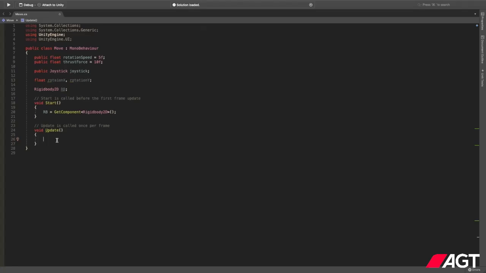So let's gather some information from the joystick. We need to use an if statement. So if we want to make sure that the value of our joystick is not 0, so joystick dot horizontal value is not equal to 0, or joystick dot vertical is not equal to 0, then we can assign values to our rotation x and rotation y. And I see that I made a grammar mistake, rotation. So let's use rotation x, which is equal to